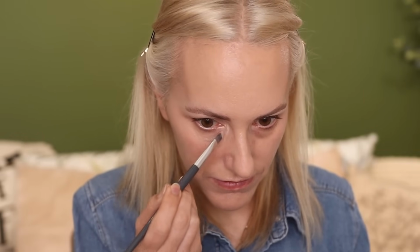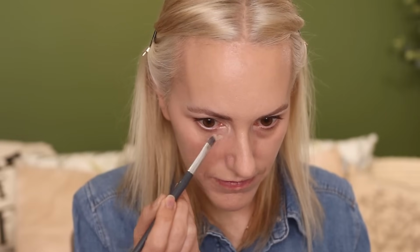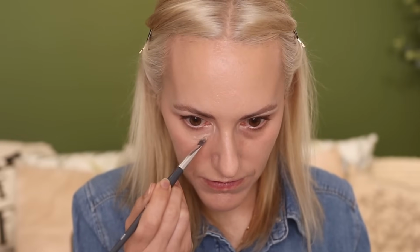So obviously that looks a little bit severe at the moment. I am going to feather it out. It will look beautiful once it's finished. Trust the process. One major tip for you though, do not go any lower than that tear trough, than that